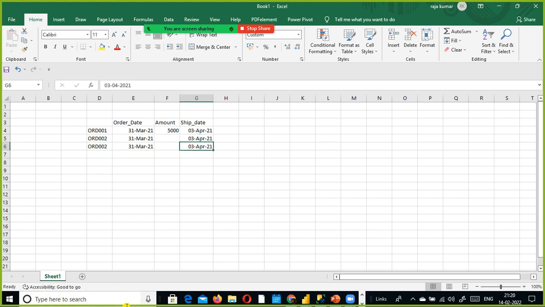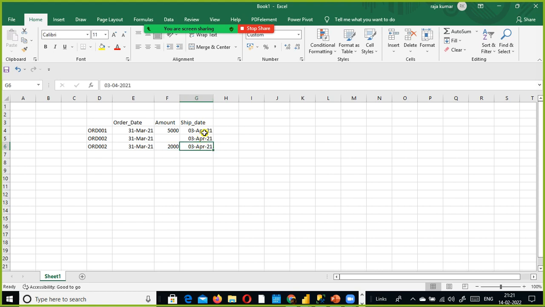On 3rd April only he made the payment. If you filter it on the order date, on the 31st March, you have blank here. Sorry, here, let's say this customer's bill amount is 2,000. So if you filter it by this, on 31st March it will show 7,000.